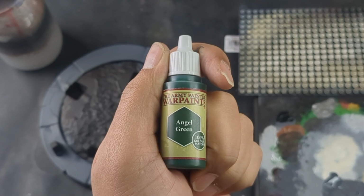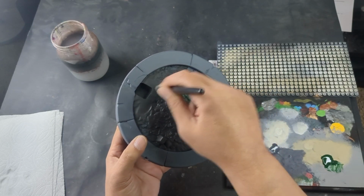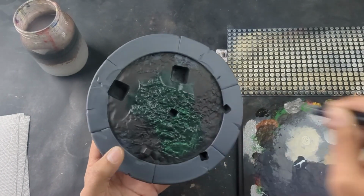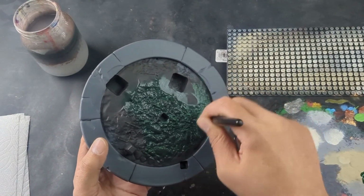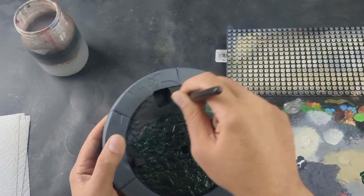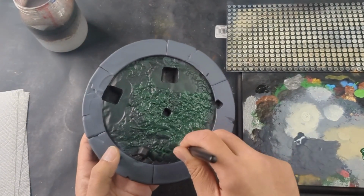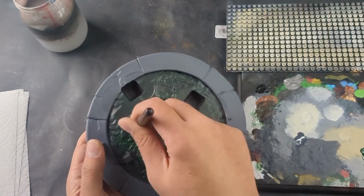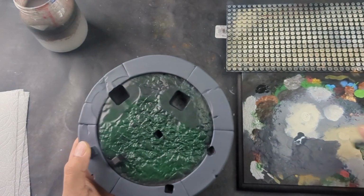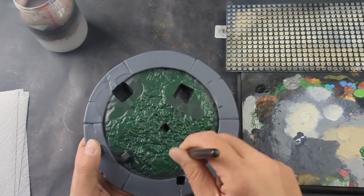Now, a bit of angel green. I still can't get over how this is called angel green. I know it's based off of Warhammer of the Blood Angel faction and they wear this color, which honestly makes kind of less sense to me. Regardless, here I'm focusing most of this on the inner circle and trying to leave a nice ring of black. This will give me a nice subtle spotlight effect and lets me risk avoid overpainting and getting green on the